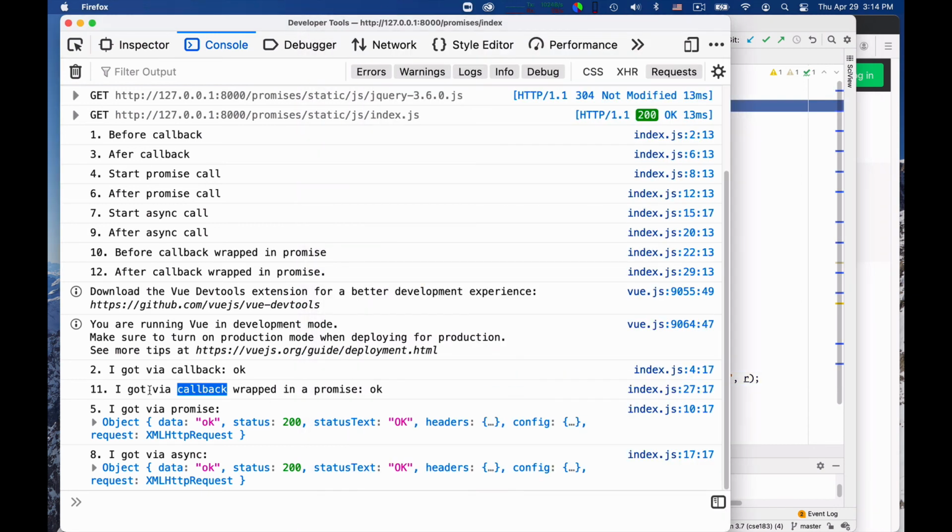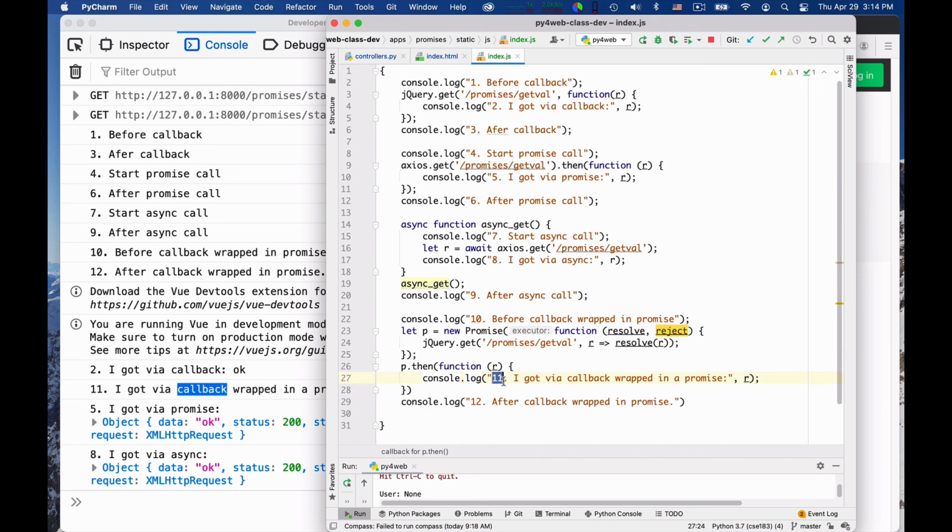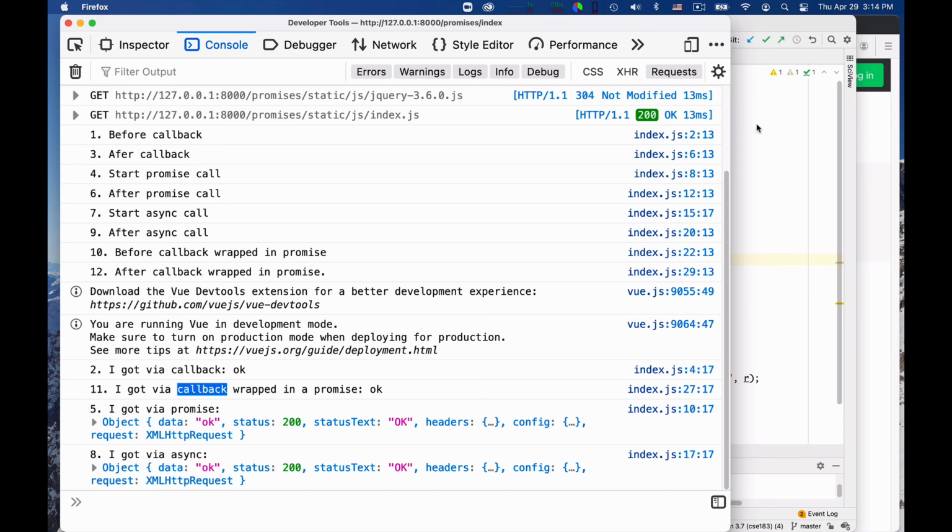Then 11 gets done next, this one here, okay? Then there is 5 that gets done, so then this one comes back, at 5. And then the last one that comes back is the one at 8. And there is no reason. In fact, if I repeated these, the order might be different. I actually have no idea what will happen.